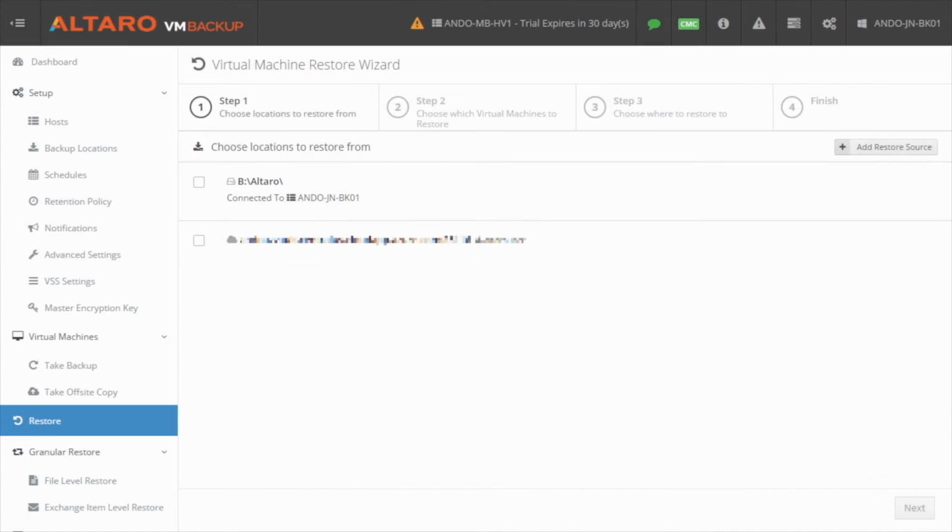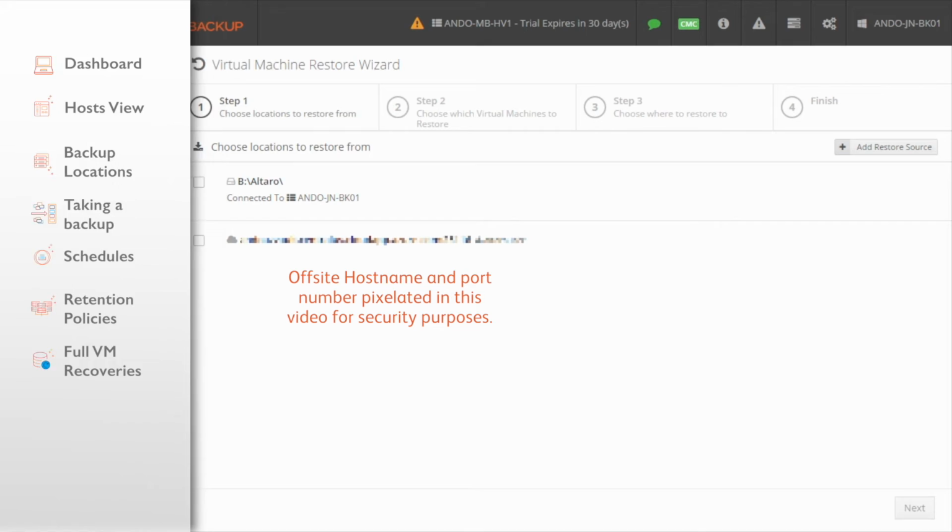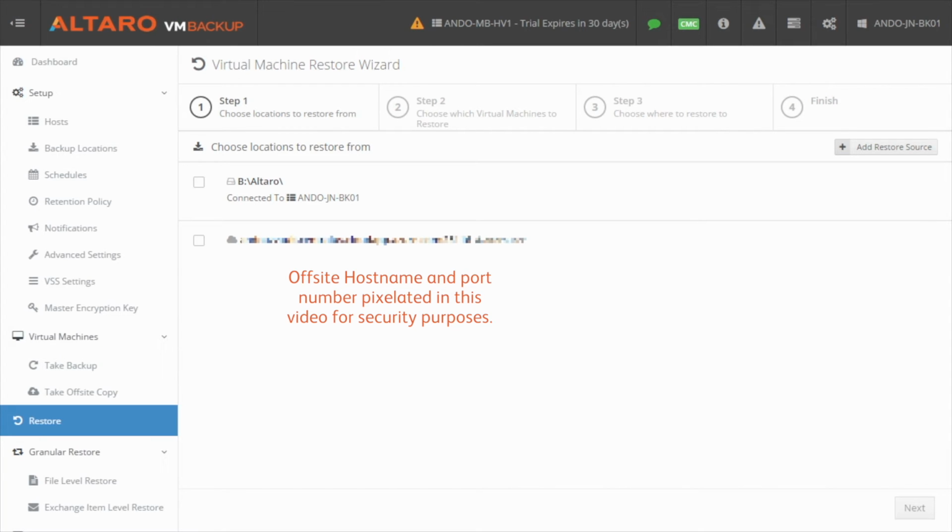A backup application is really no good if you can't recover from it, right? It's pretty easy to recover data with Altaro VM Backup, and we offer 2 different types of recovery, a full VM restore and an object level restore. We'll start by covering a full VM